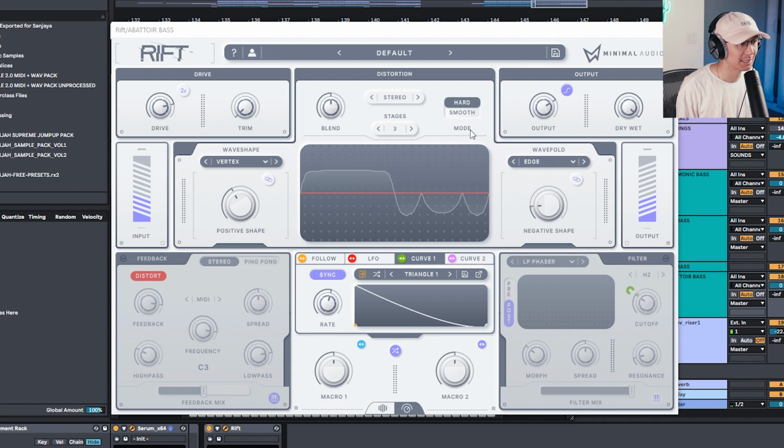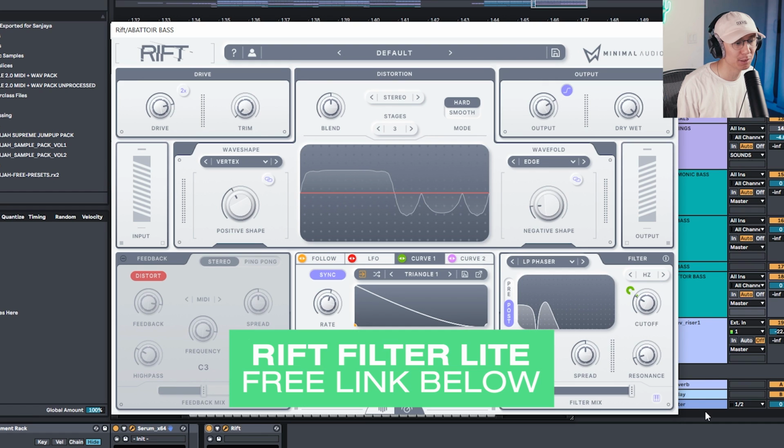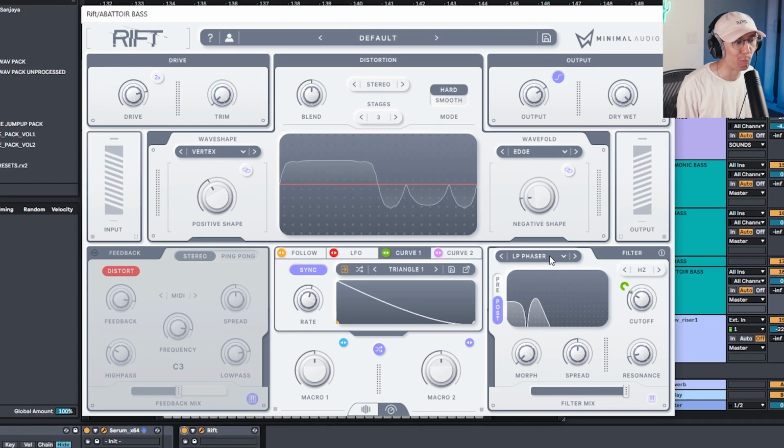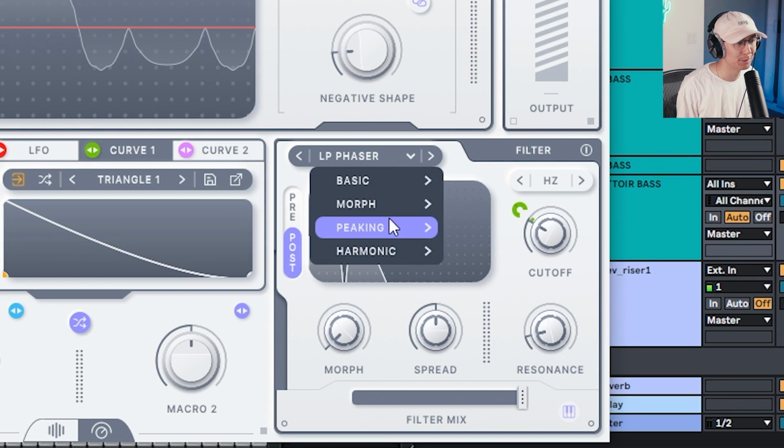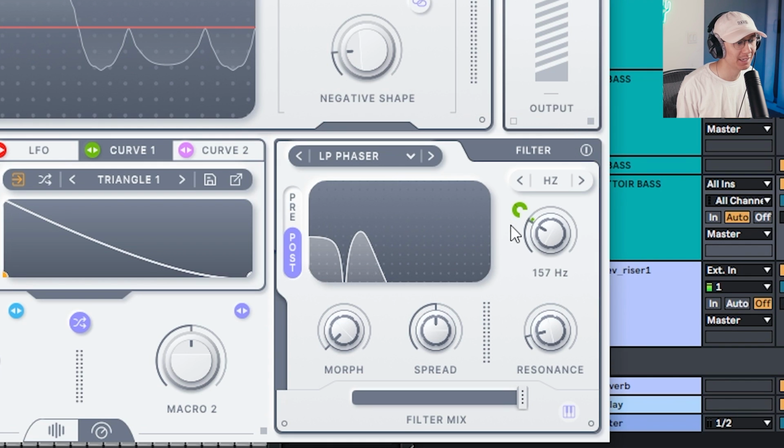So I distorted the signal a little bit, and then Rift has an amazing filter section. And actually, this filter section can be downloaded for free. So if you're interested in grabbing just the filter, then check the links down below. But they have some really great filters here, and I'm using the one called LP Phaser. And one of the greatest things about this filter section is there's this morphing parameter, which adjusts the slope of